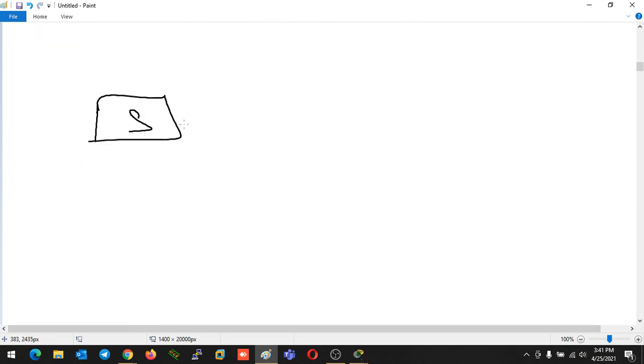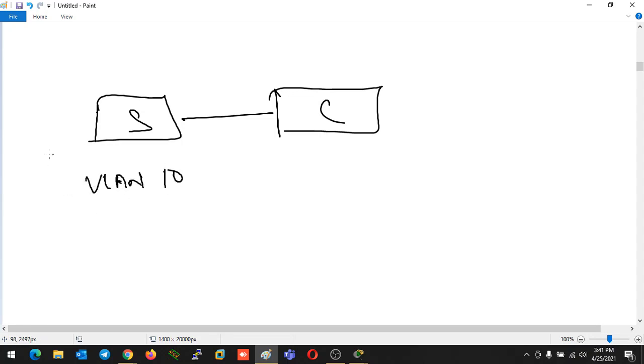So whenever the server switch is going to send an update, for example, this is a server switch and this is a client switch. On the server switch initially the CR number was 0, and we added one command, VLAN 10. After that the CR number increased to 1. I created one VLAN, so the modification to the VLAN database happened, and the CR number increased by 1. Whenever the server sends an update to other switches, it will also send the CR number.